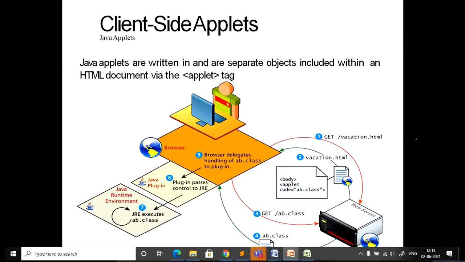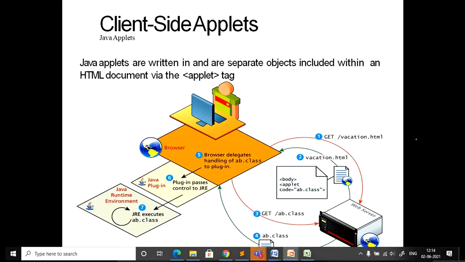If you are not aware of applets, just check it once: how applets work, how you can write simple code. Usually it is a part of the syllabus. If you have not studied it, just today run a small program. Create your own program and run the Java applet. So an applet is a small application that performs a relatively small task. If you want to perform a particular small task, for that you create an applet.